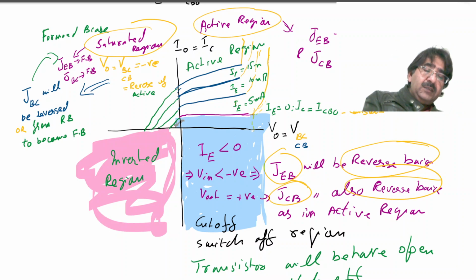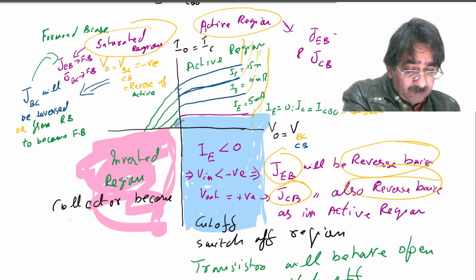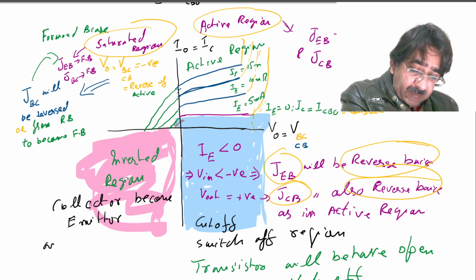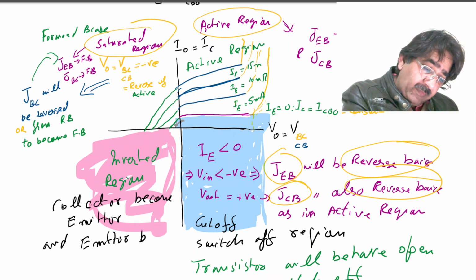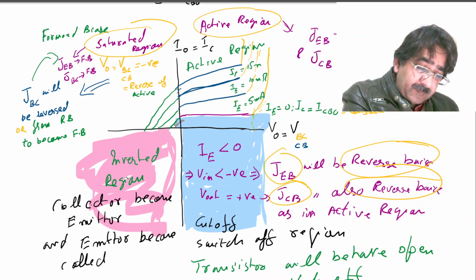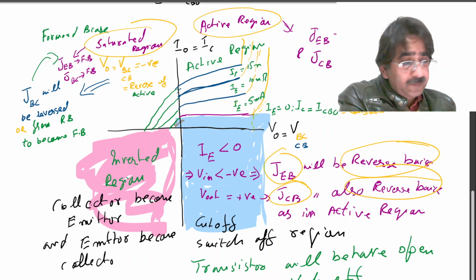Meaning in this region, the collector behaves like an emitter and the emitter becomes the collector. Why? Because for this region,